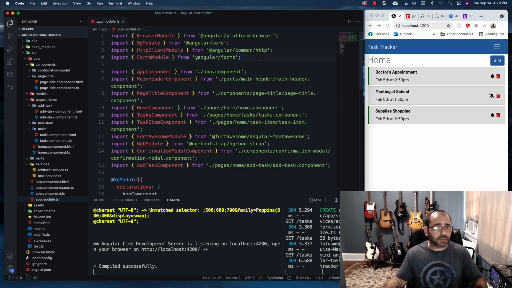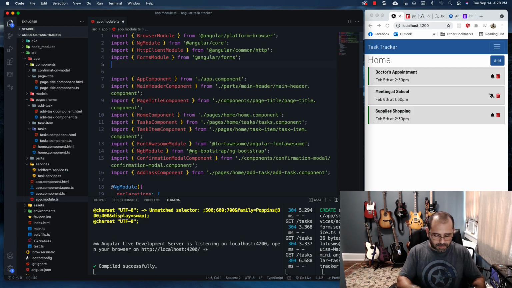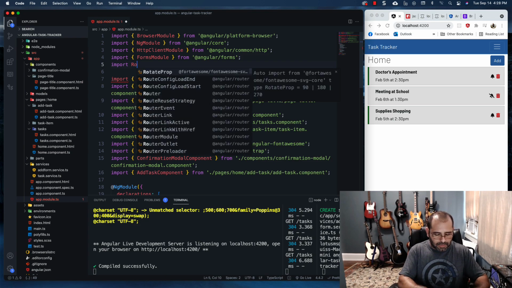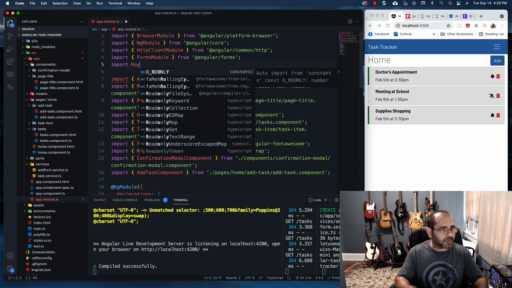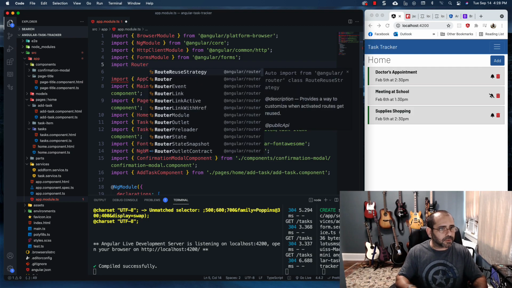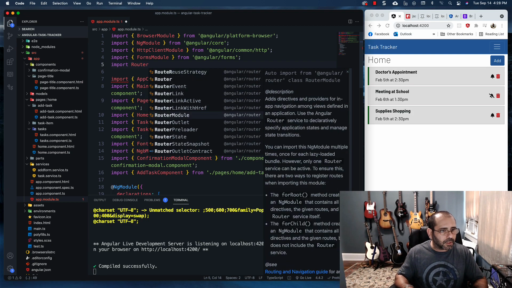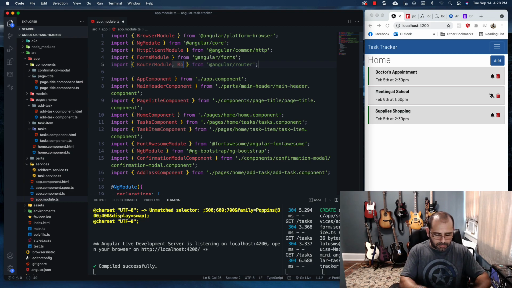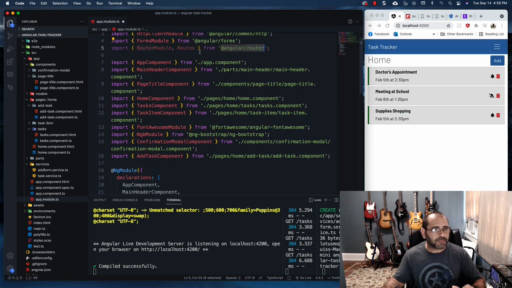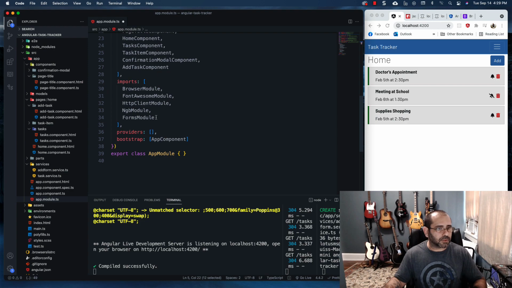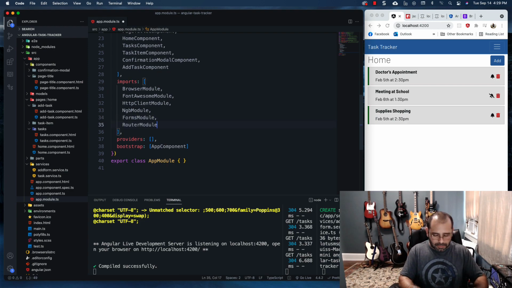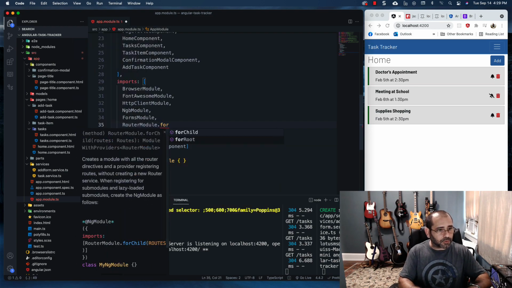So we're going to go underneath our forms module here, and we're going to import our router module and our routes as well. Both are coming from the same place, from the router. So we're going to grab this router module here, and we're going to come down here to our forms module, and we're going to do the following. We're going to do router module, and then forRoot,